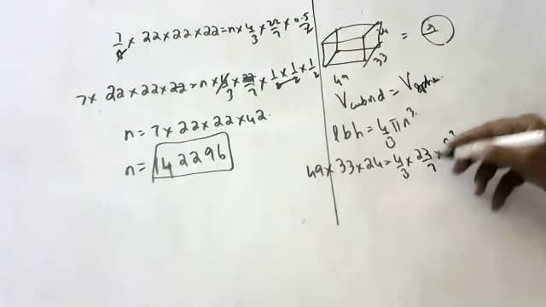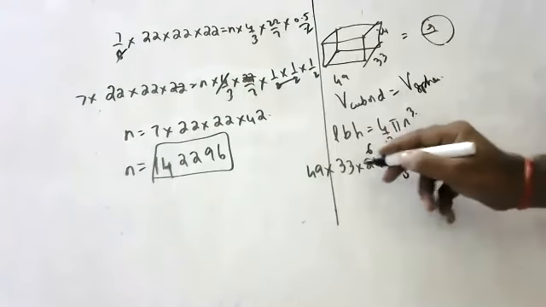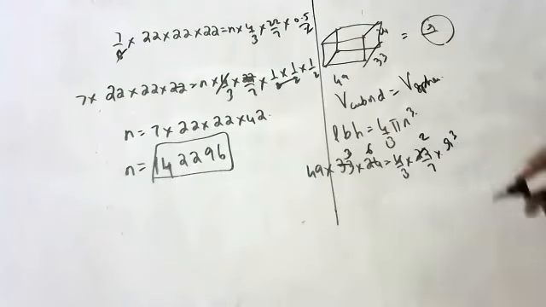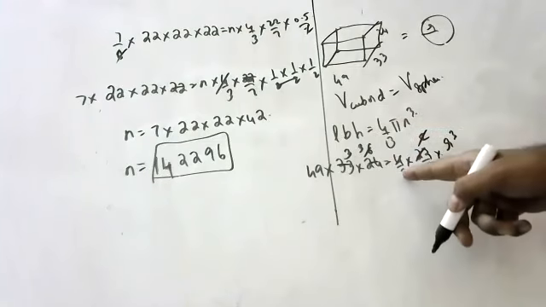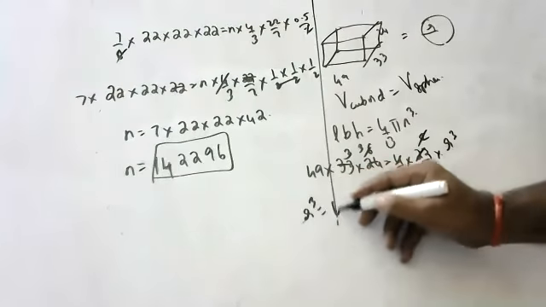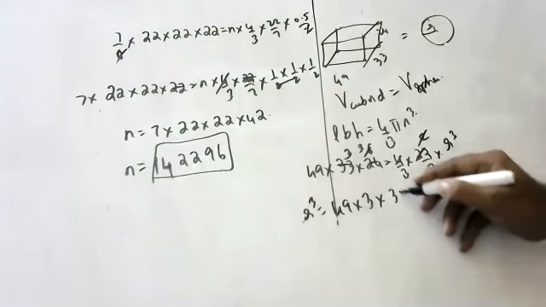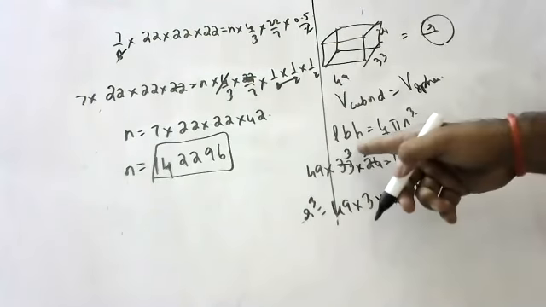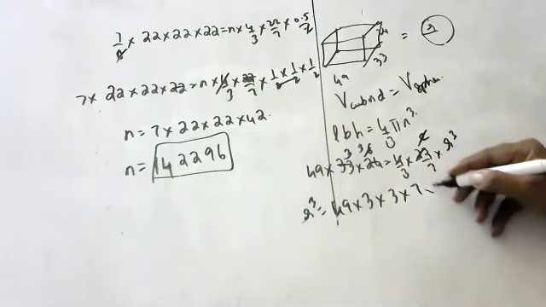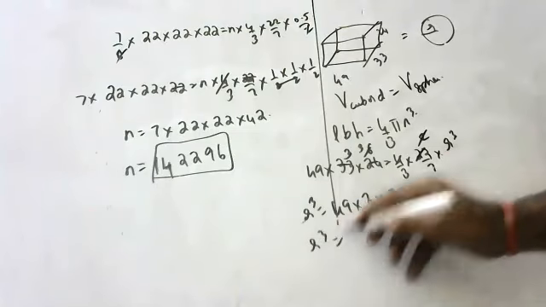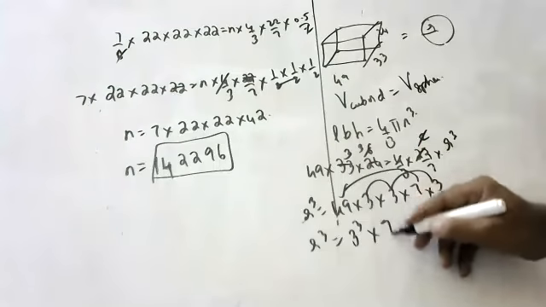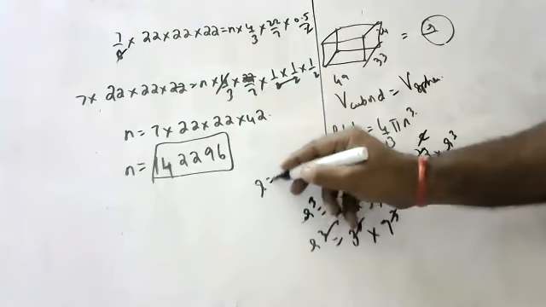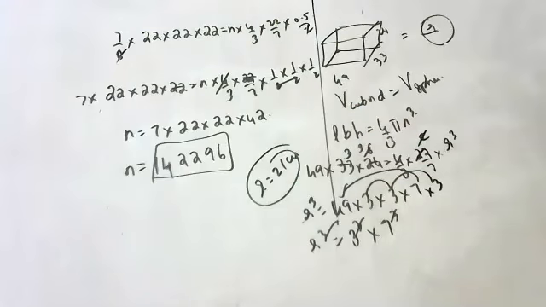So how are we going to do this? 4 6s are 24, 11 3s are 33, 11 2s are 22. So 2 3s are 3 7s, you take it up. R cube is equal to 49 into 3 into 3 into 7. One more 3 is there. So r cube is equal to 3 into 3 into 3, 3 cube. 49 into 7 is 7 cube. So how much is the answer? 21. 21 centimeters is the radius of the sphere.